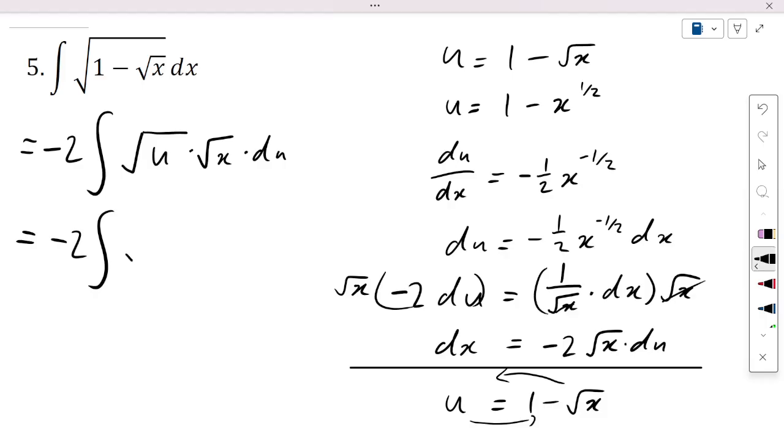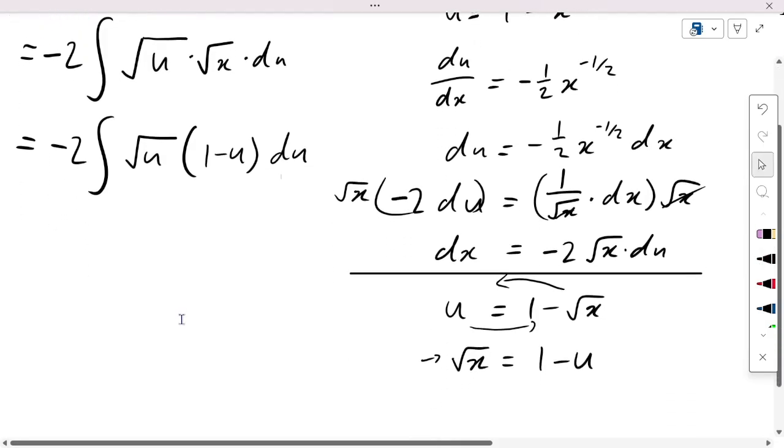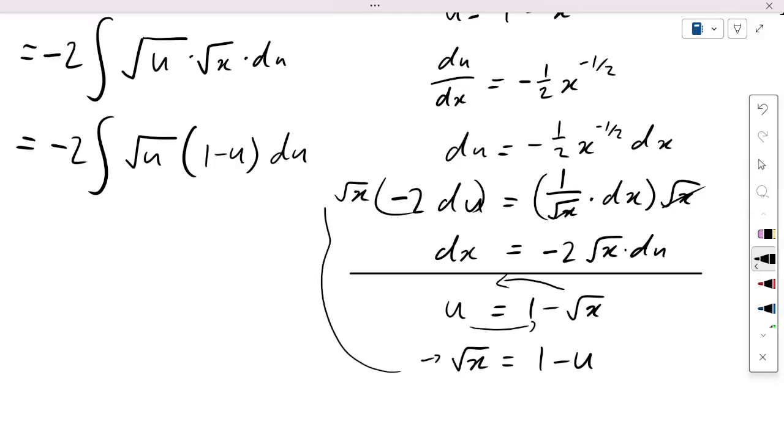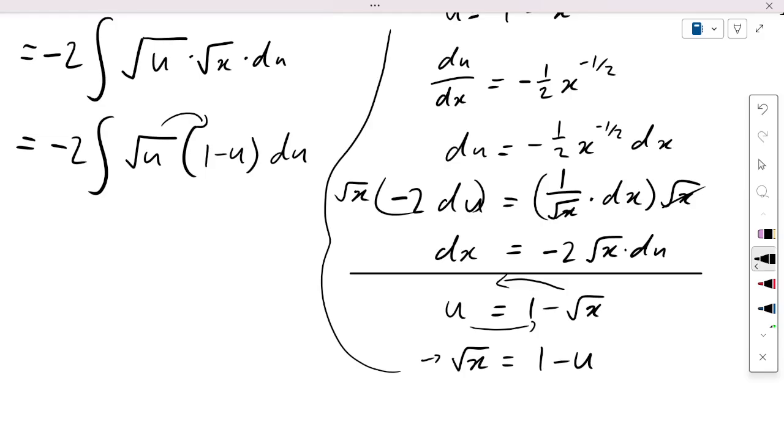So it's going to be root u multiplied by root x, which is just going to be equal to 1 minus u with respect to du. Can you see now that we actually have this over here? So I'm going to try and see if I can just separate that. Now you can see that we only have u. So we're going to multiply this root u into both of these terms, and it's going to be equal to